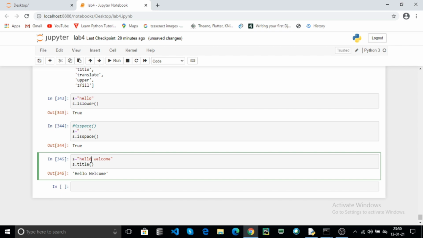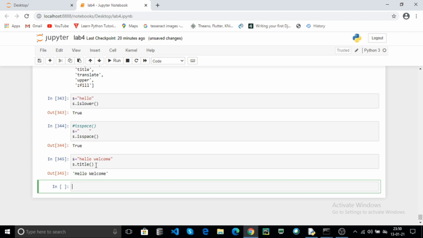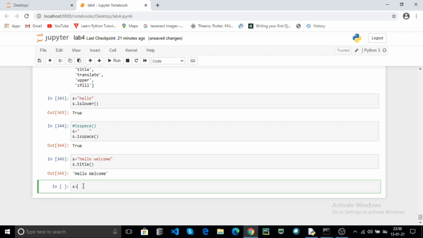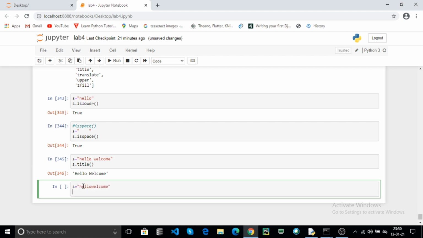Here after the space the welcome is new word. Here the starting index is capital letter. Then it returns true, every word must be starting with the capital letter.